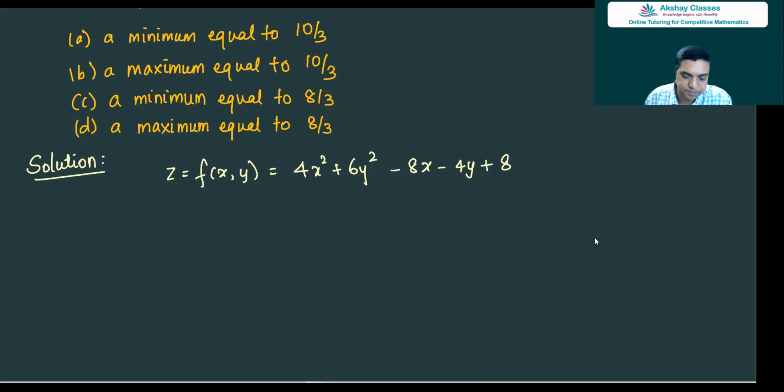So first step is ∂f/∂x is 8x minus 8, equal to 0, which gives x equal to 1. If x equal to 1, okay,